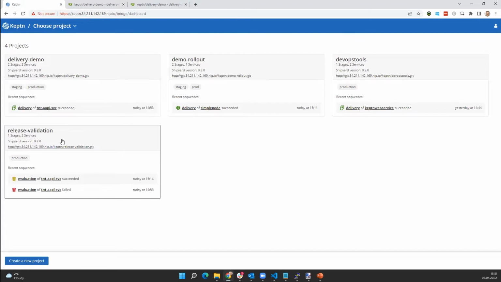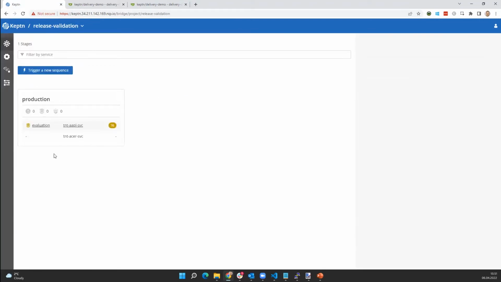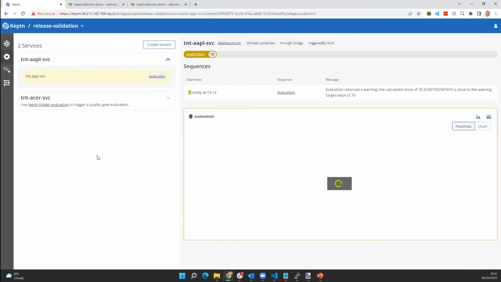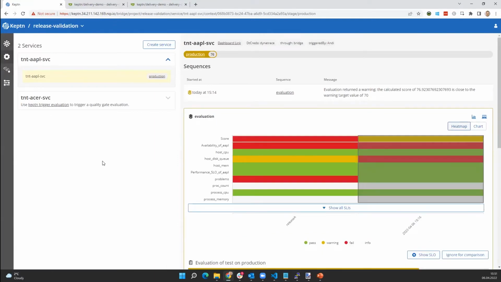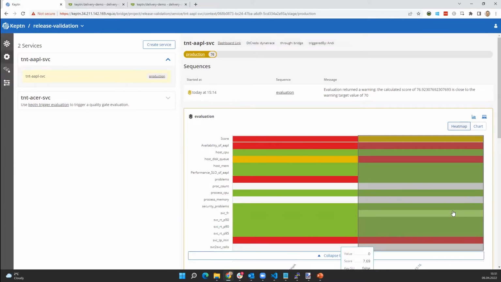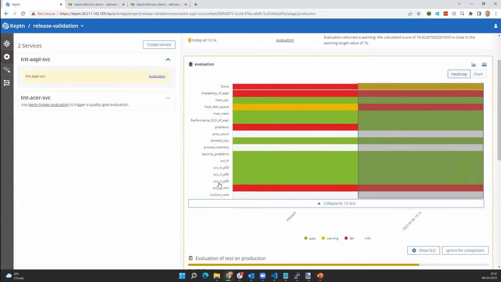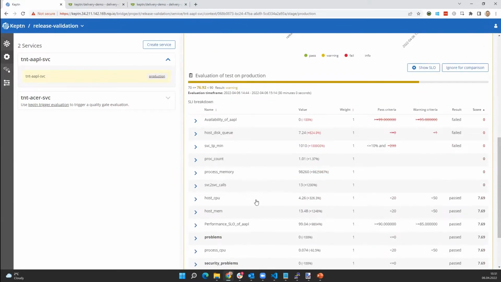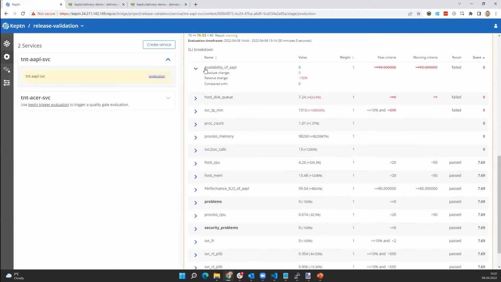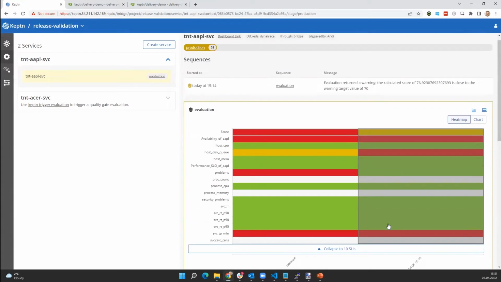I want to show you one more cool thing, because a lot of people are actually starting out using Keptn just for evaluation. That means you may already have a delivery pipeline that already does some testing. And then the first thing you want to do is you want to say, hey, Keptn, now you reach out to my observability platform whenever I need you. So please run your sequence, analyze all of these metrics here, right? These are a lot of metrics that come in. Keptn also not only pulls in the metrics, it compares it against your previous evaluations. You can do absolute and relative validations. Really cool stuff what it can do.